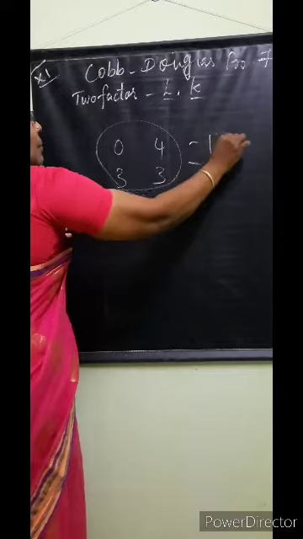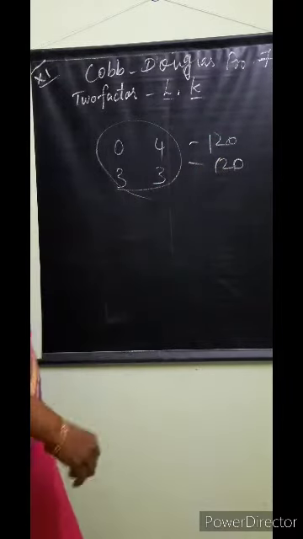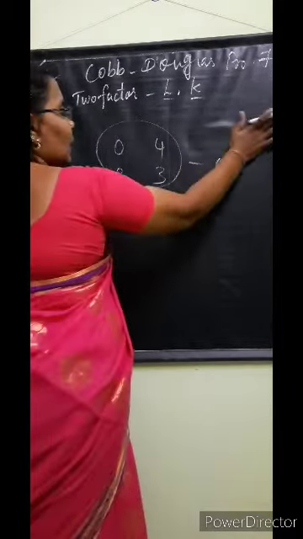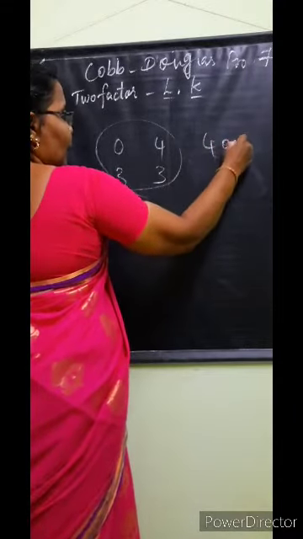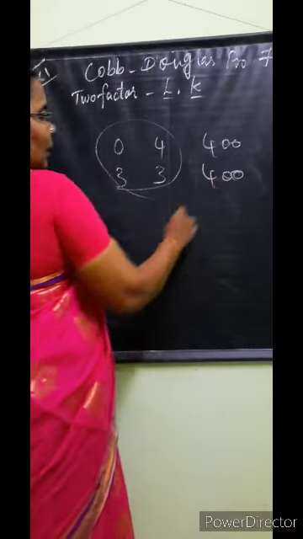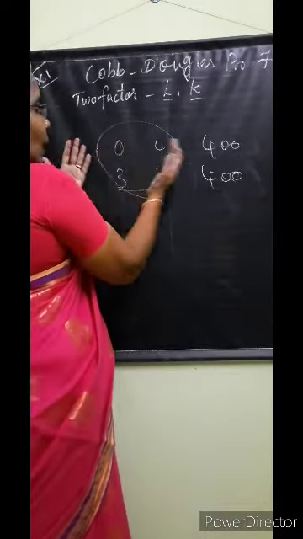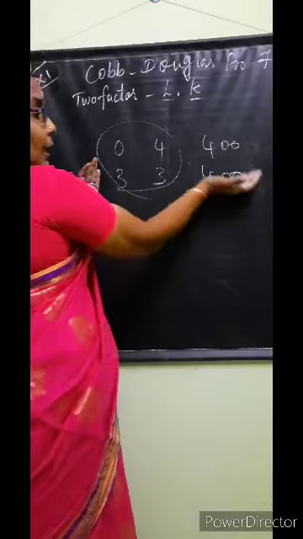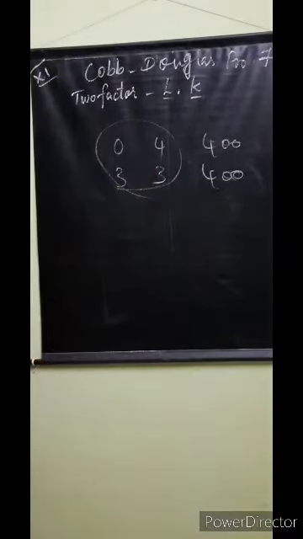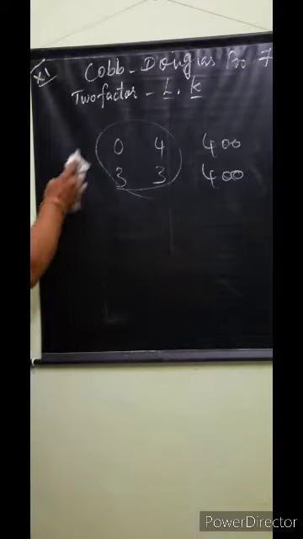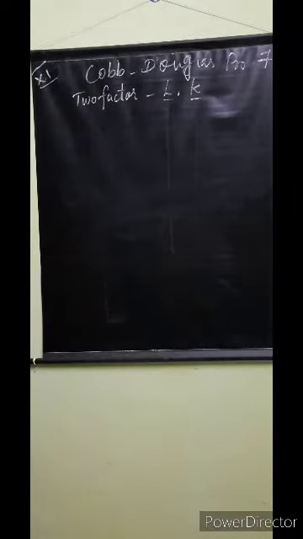Here they are getting the maximum output. We studied isocost, and while we talked about the 30 rupees and 10 rupees, and the output, we studied 400 meters of cloth, isn't it? So by using the combination, how we are getting the maximum output, the sharing of labor and capital can also be determined and calculated, whether we need more capital or more labor. That also we can determine by studying the Cobb-Douglas production function.